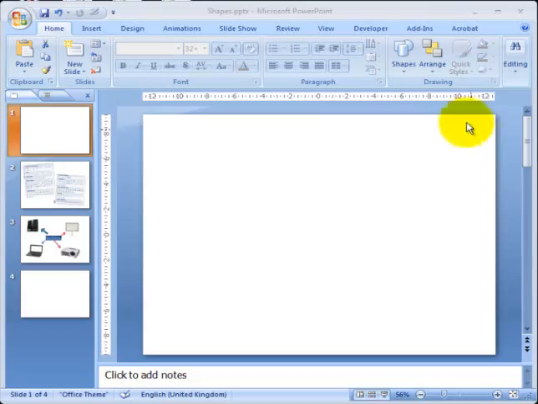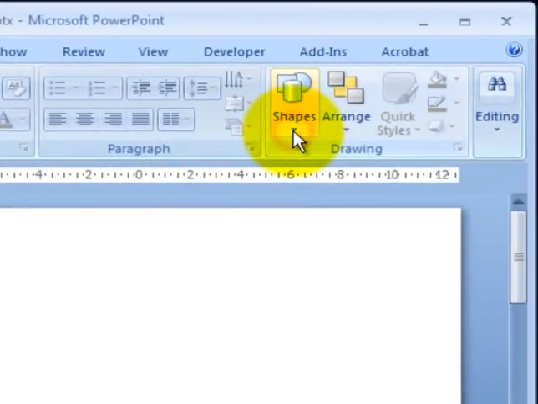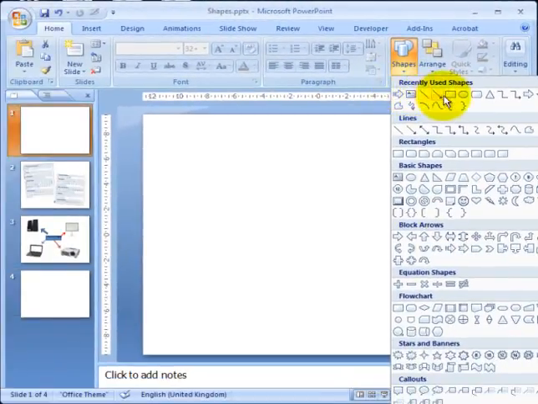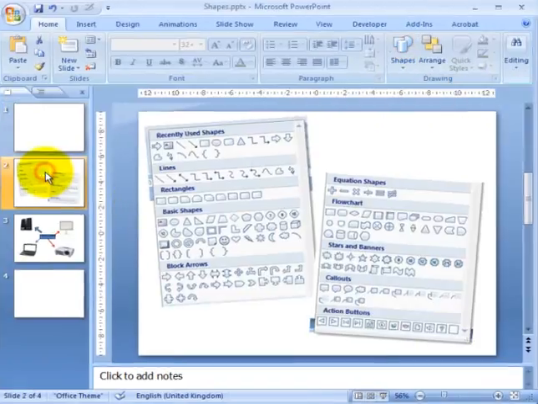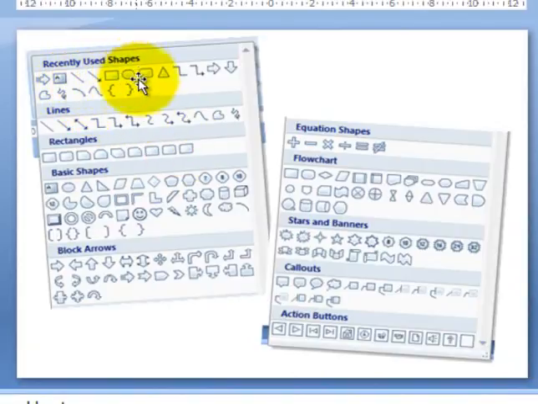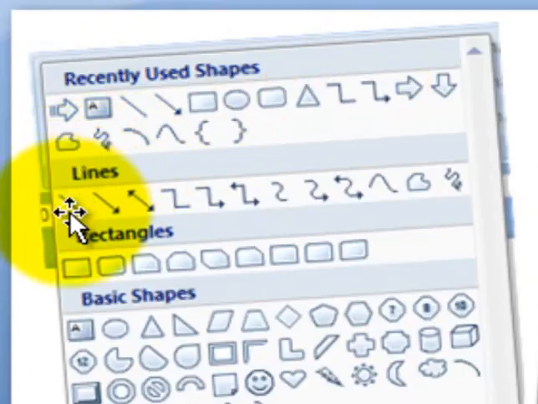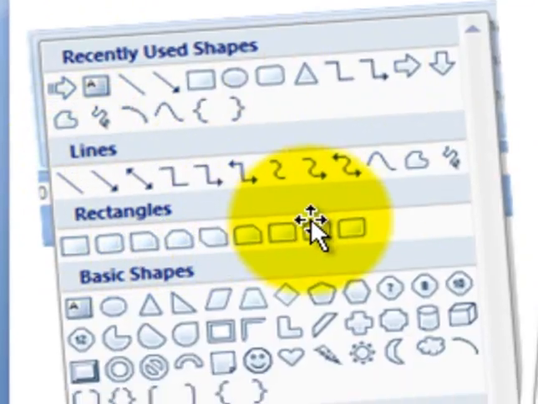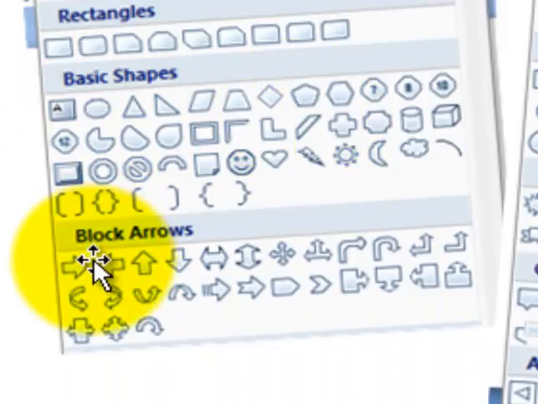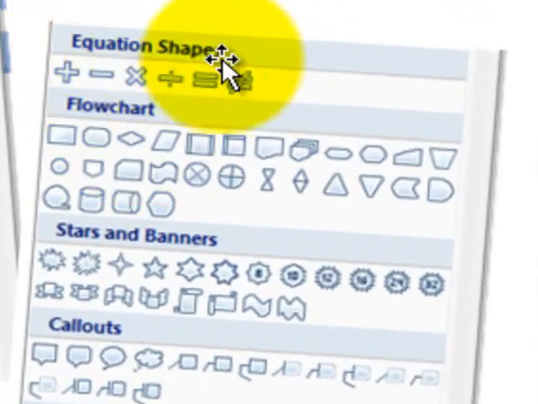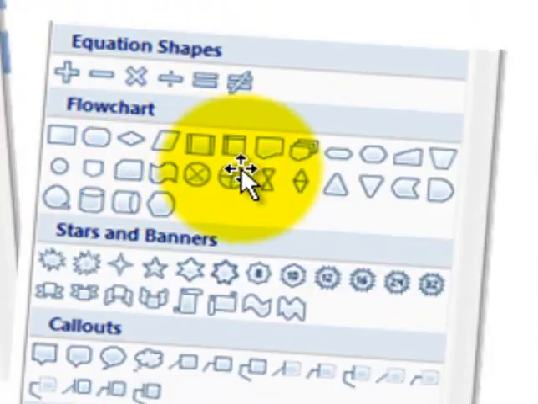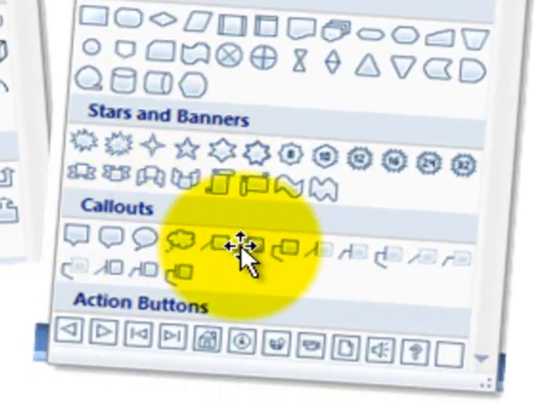If we look into the button shapes and you click on the arrow below it, a menu will be displayed with all the different shapes that you can add into your presentation. Having a look at this menu, here you've got a picture with all the different shapes that you can add. The first division is the ones that you have just recently used. Then you have different types of lines, rectangles, basic shapes, block arrows, equation shapes, flowchart, stars and banners, callouts, and